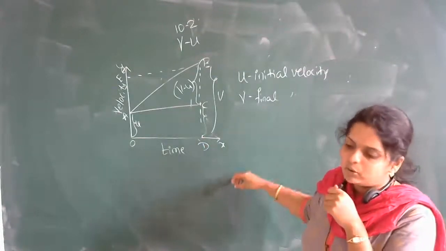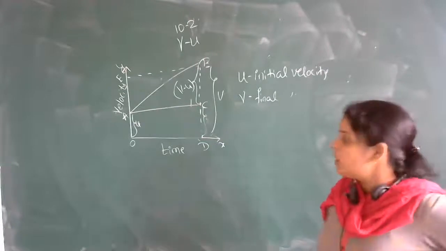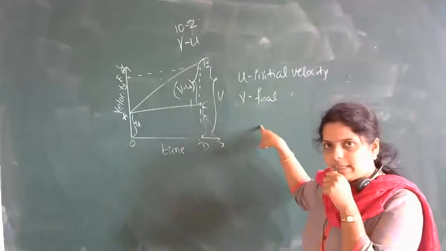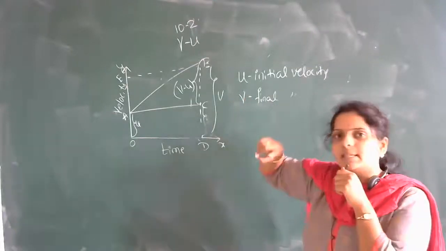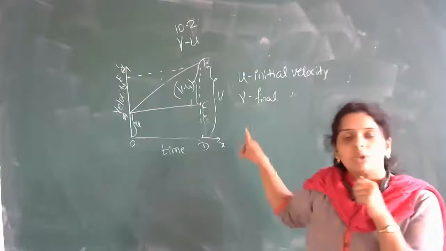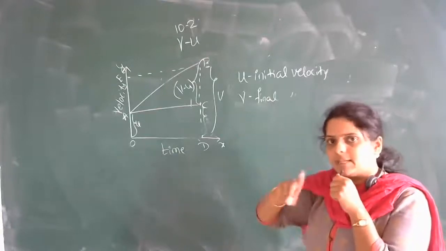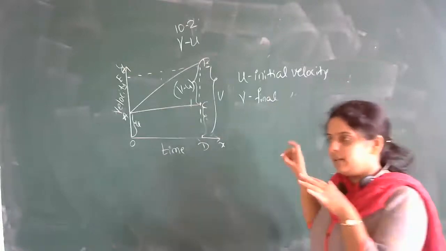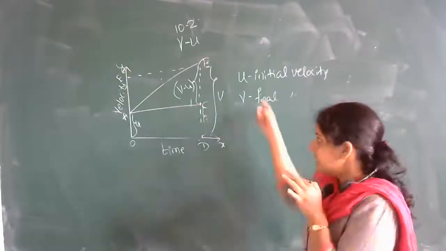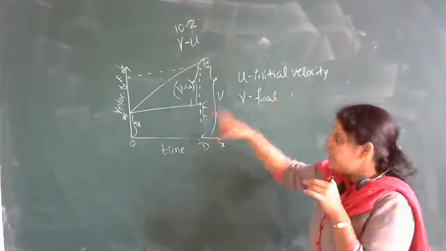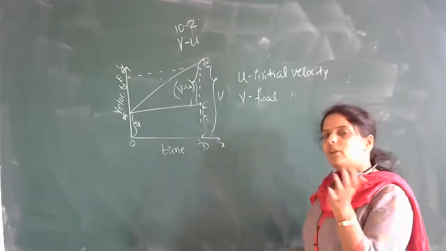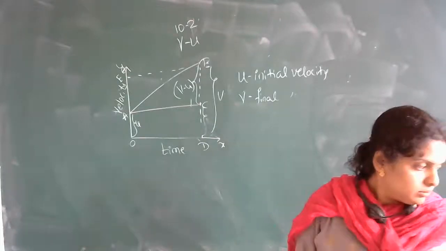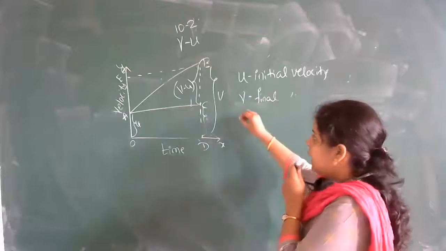So how are you going to do the derivation here? If you want, you can write it. Whatever assumptions we have made, I'll write here. Everyone sit with book and pen so that you can note down along with me. It will be practice for you. Otherwise, if you simply sit and watch, it will not go into your mind. It is not an entertaining class. So better sit with book and pen so that along with me you can note down and understand. Okay, I hope you have a book.